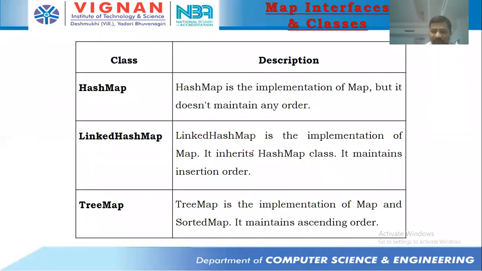But if you need the key value pairs in sorting order, then we can make use of TreeMap. With the help of TreeMap, we can insert key value pairs into a TreeMap object, where the data is arranged as per the sorting order of the key. That means we'll have some value and some key, and the keys are going to be in ascending order. Don't worry about the values, but the keys are going to be in ascending order. So that is the TreeMap.